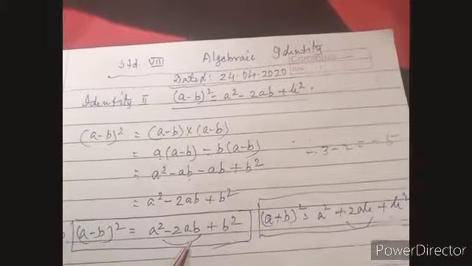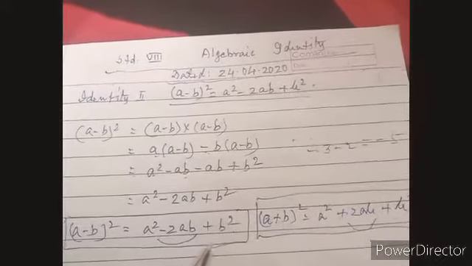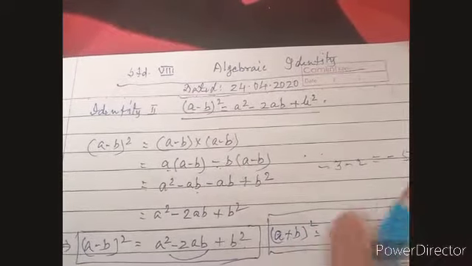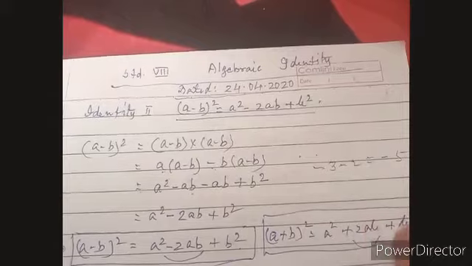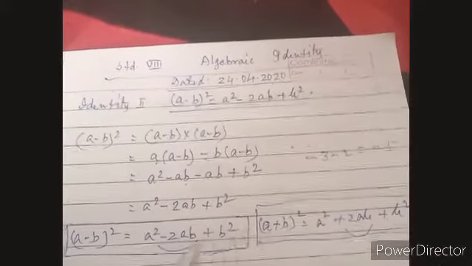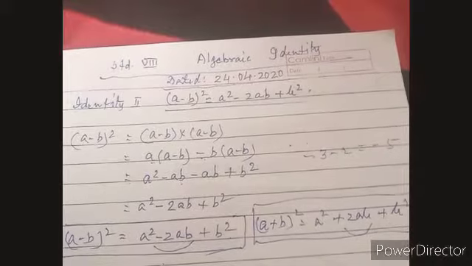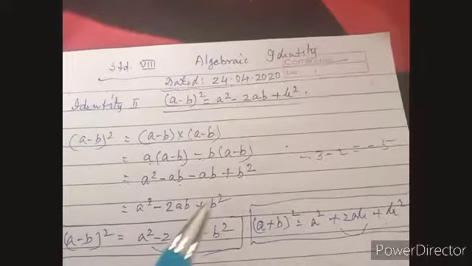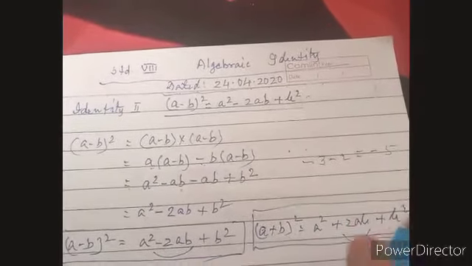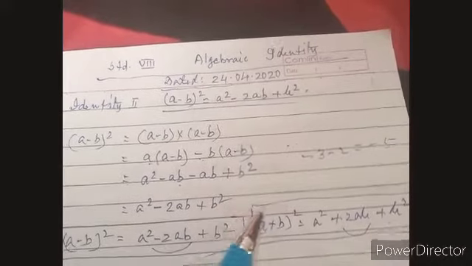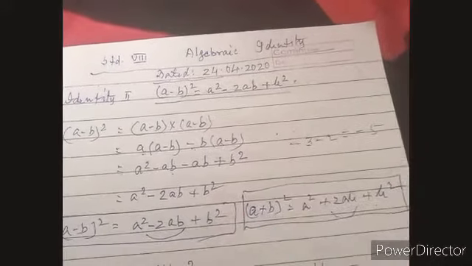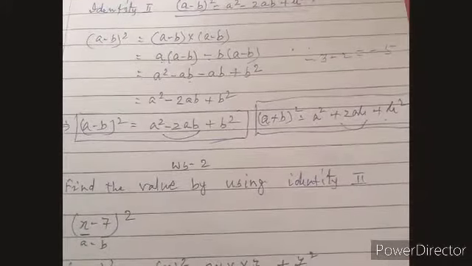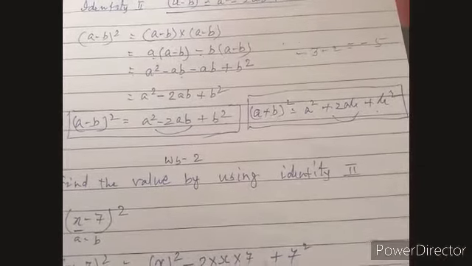Clear? So I don't think you may have any confusion, any problem in memorizing this. (a plus b) whole square, a square plus 2ab plus b square. Only three terms are there. And (a minus b) whole square is a square minus 2ab plus b square. First term and last term are the same in both. Only the middle term differs. In (a plus b) square it is plus 2ab, and in (a minus b) whole square it is minus 2ab. So you have properly understood the two identities, (a plus b) whole square and (a minus b) whole square.